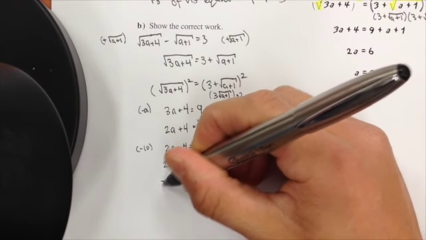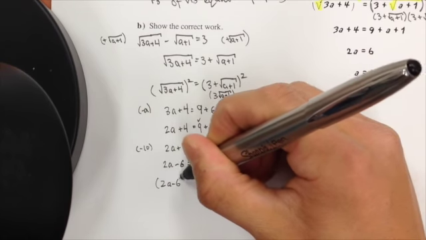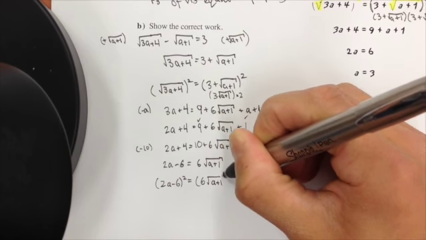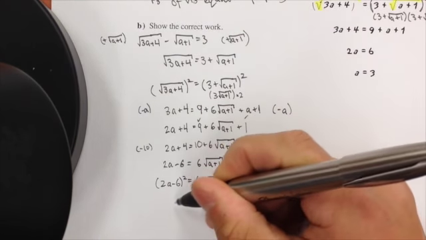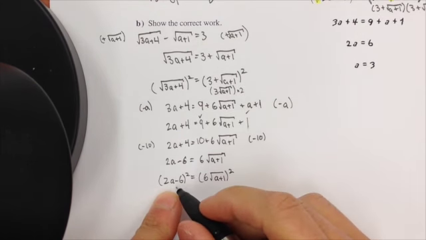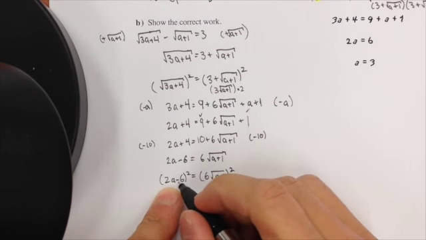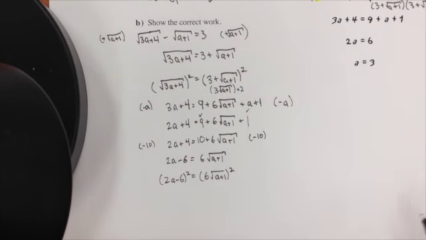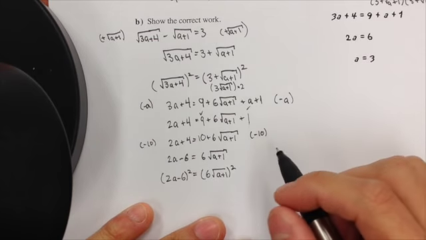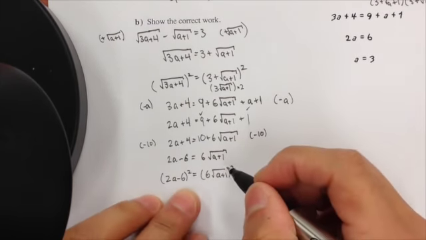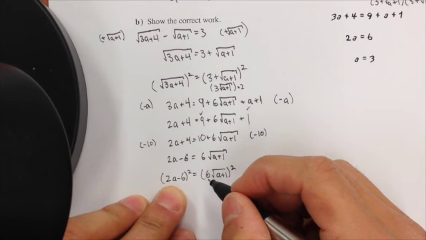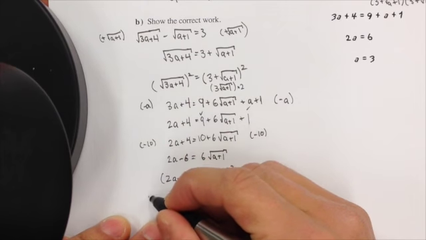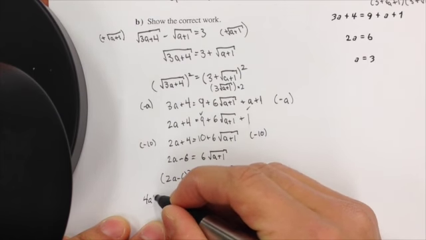And so if I square both sides, we have 2a minus 6 squared is equal to 6a plus 1 squared. And on this side, notice what you have here. Oh, sorry, that's not a perfect square. Anyways, if we expand this, we're going to have 4a squared